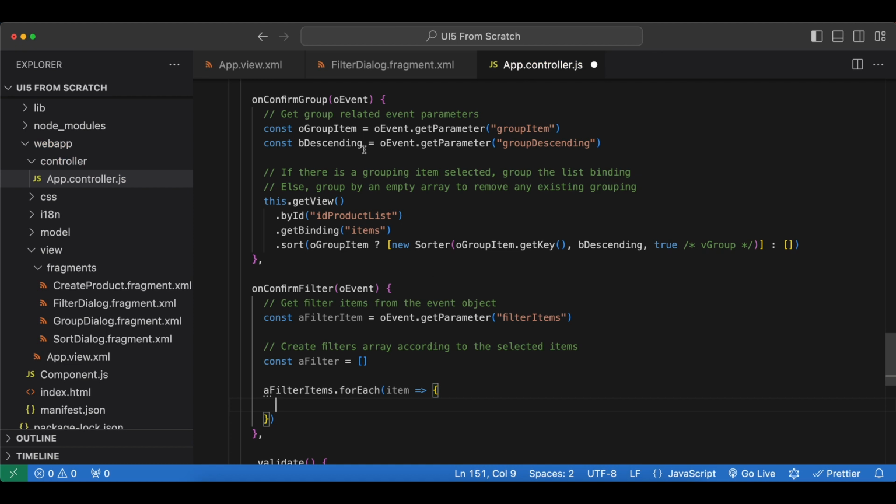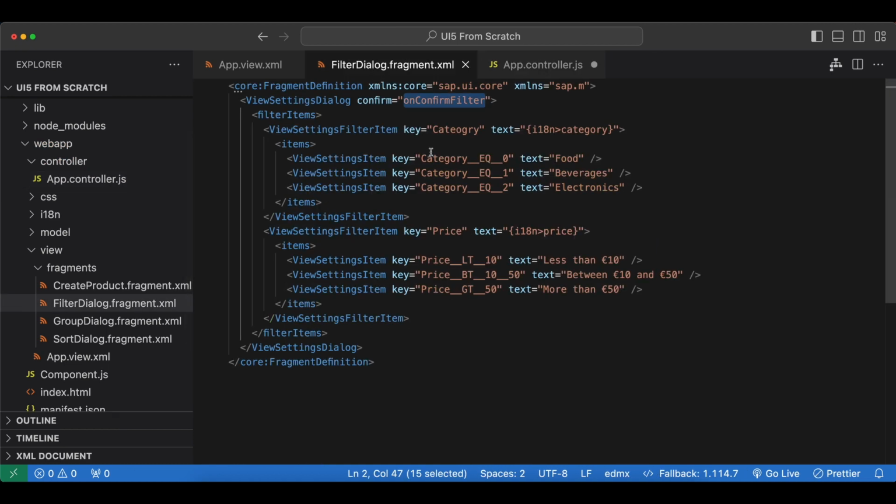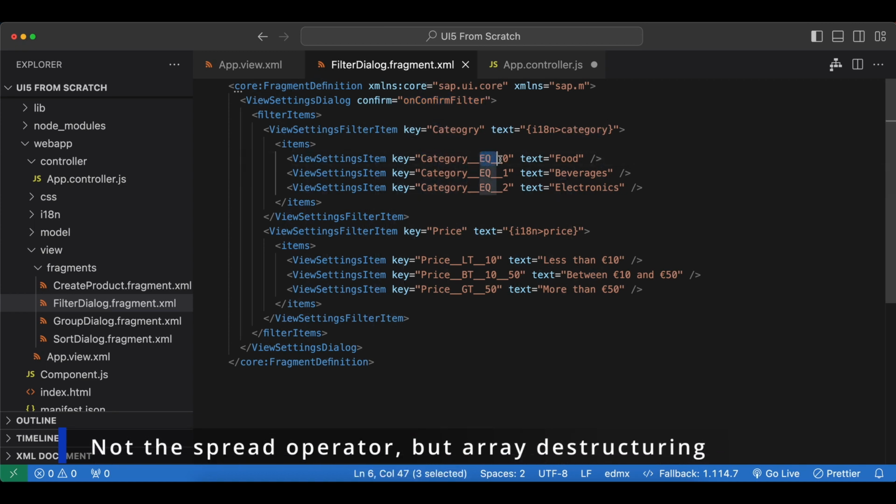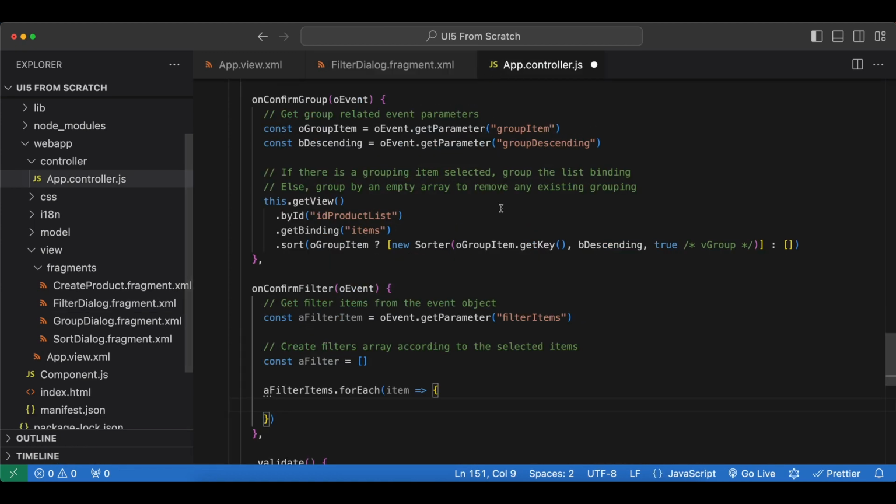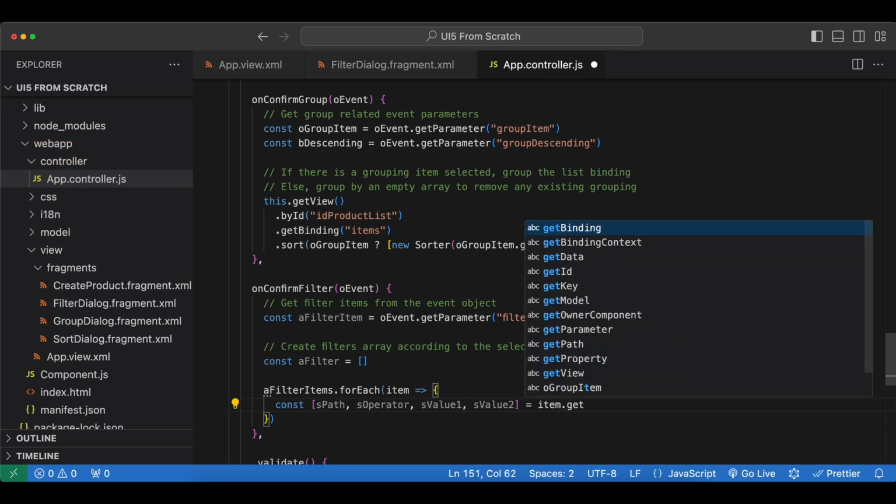And now first I will use the spread operator to get each of these values, and let's name them. The first one will be the path of our property. Second one will be the operator, also a string, so let's call it sOperator. And then we have our first value, and for the between operator we have the second value, so let's call them sValue1 and sValue2. And we can just say here item dot getKey,